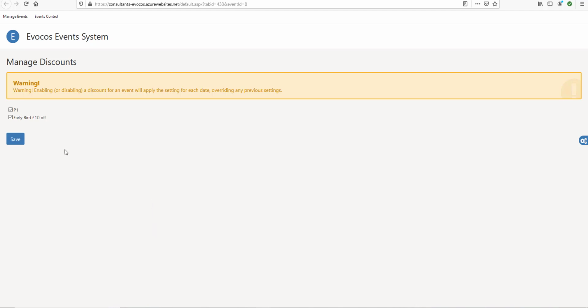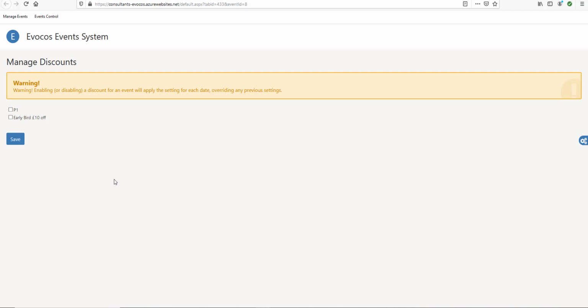Okay, discounts again. These need to be set up somewhere else, and again covered in that advanced setup manual. But here we get to choose the ones that are already available. We can add them to our particular event. So we're not allowing any discounts, but we could allow one or a choice of discounts to be attached